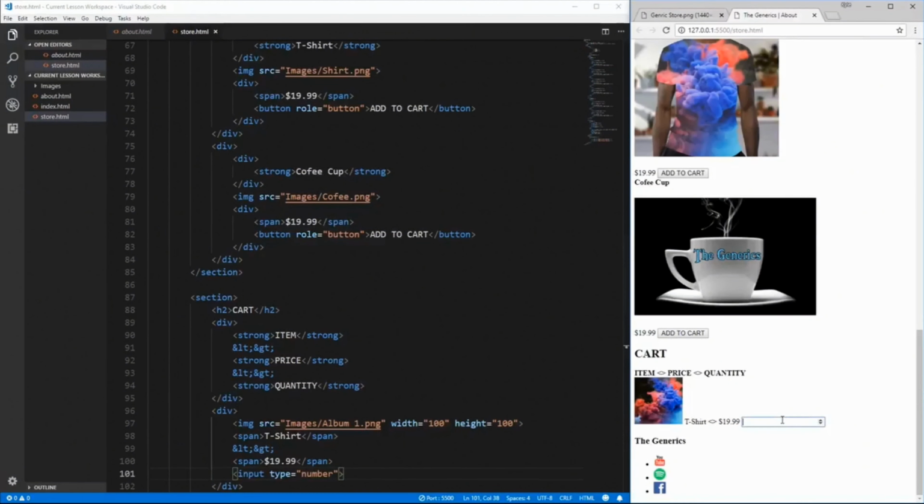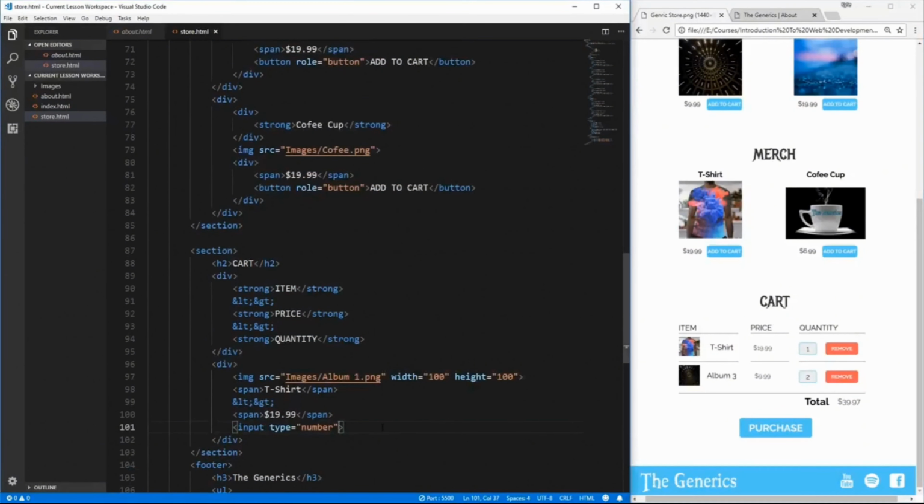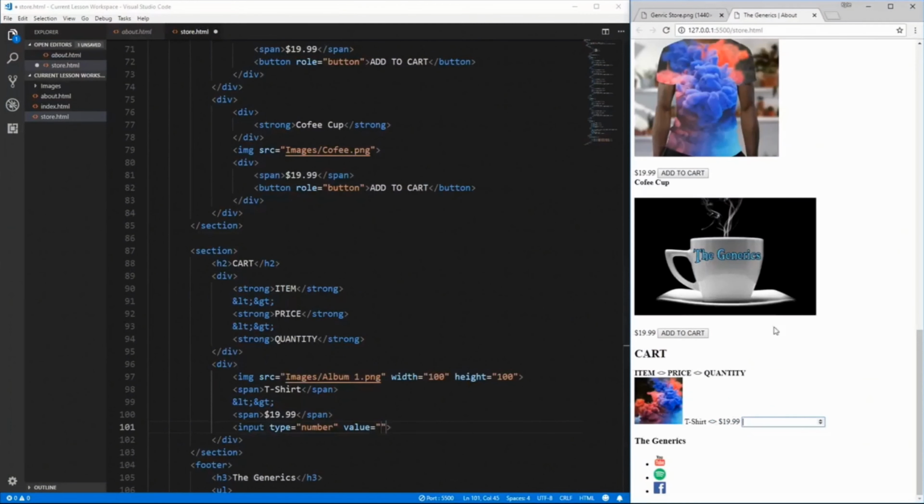and if we go back to our page, we'll see that we have an input in here that allows us to enter only numbers into it. We cannot enter anything that is not a number, just numbers. But in our example, you can see that we have this pre-populated with a 1. In order to do this, we will set the value property. The value property corresponds to the value of the actual input element, and as we change it, as we type in different numbers into the input, this value will automatically adjust to be the same as whatever number we typed in here. So over here, let's just put the value of 1